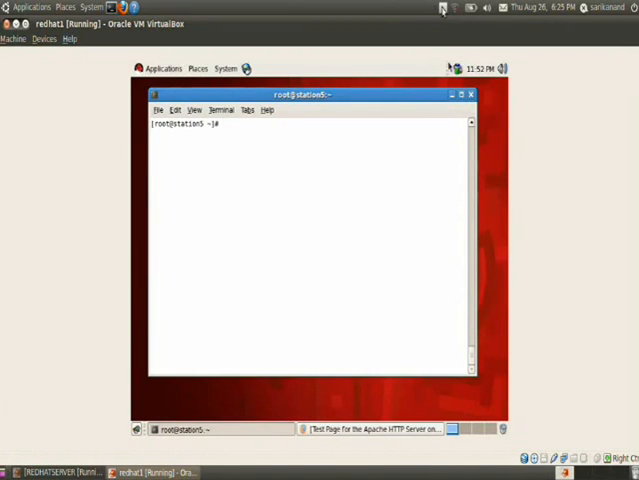In this section I am going to demonstrate how to do virtual hosting in an Apache server. For that I am using two sites. The term virtual hosting means hosting multiple sites using a single IP address. For example, here this system is having an IP address